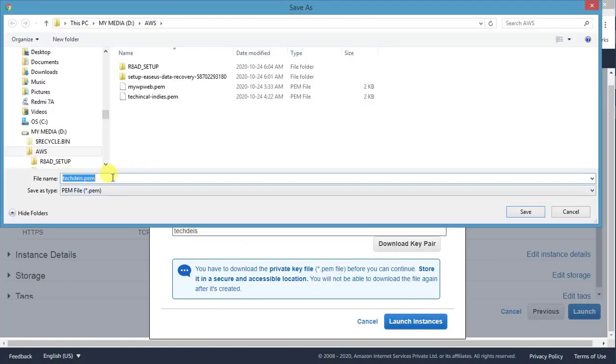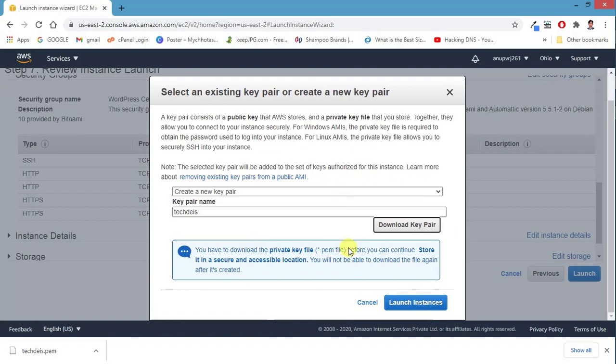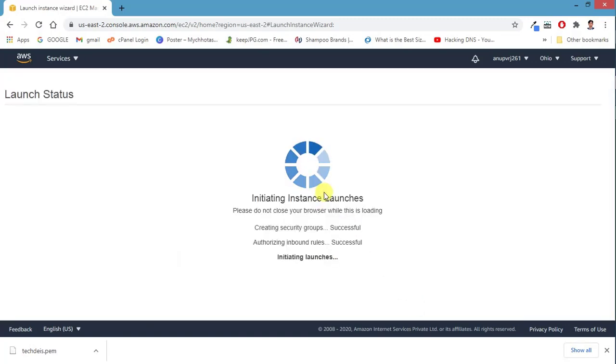So here you can see this is a PEM file, and just save it on your system. We'll see how to use this file to connect with FTP in the next videos. After that we'll hit on launch instance. So it is just initializing, creating that instance.